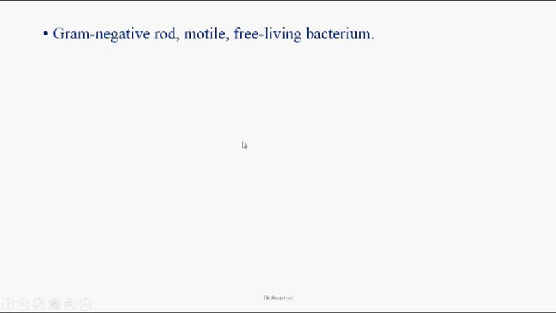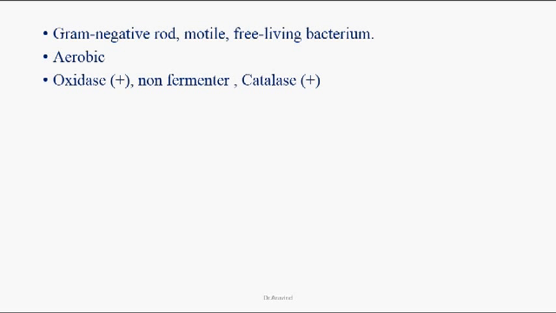These are gram-negative rods, motile, free-living bacteria, and these organisms are aerobic. They have catalase enzymes, superoxide dismutase enzymes, and these are oxidase positive. They have a cytochrome C oxidase enzyme in them, so they will make a lot of ATP by using cytochrome C oxidase. Because of having this oxidase enzyme, these organisms are non-fermenters. They won't ferment the majority of sugars including lactose. These organisms are non-lactose fermenters, and these are catalase positive organisms,